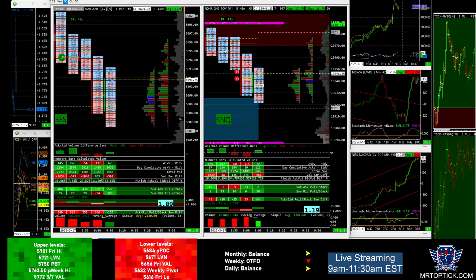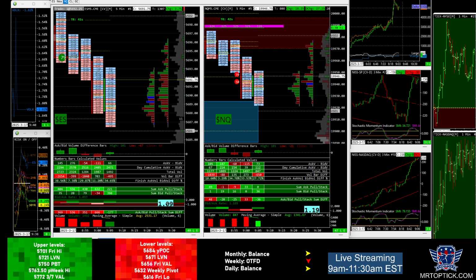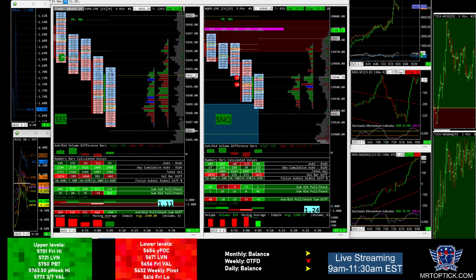And then from there, kind of like the same scenario that I described with ES, if we get inside value area low for the session of the 7th of March, then I'm looking for a sweep through value and a retest of that 200 moving average, a high volume node at 20,400. Below it, we still have the big volume node pending, so it wouldn't surprise me if we still have more downside and tag that